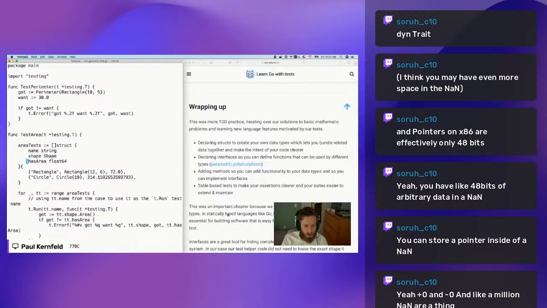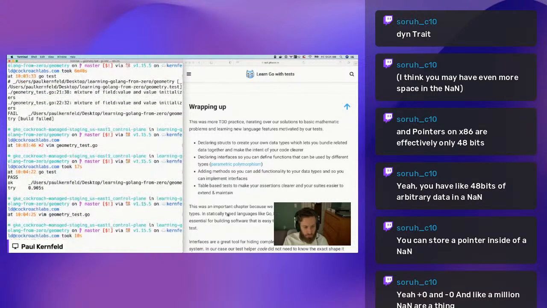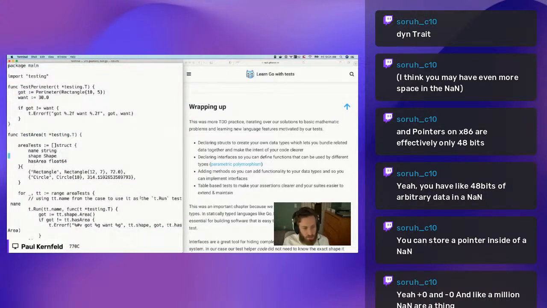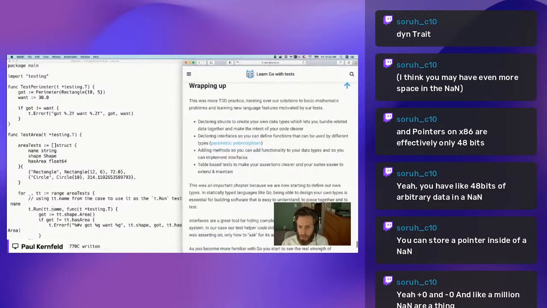One thing that I'm going to try is let's intentionally cause a test to fail so that we can see the nice printout that we got by naming each test. So now it prints out the value of the rectangle, and it says got 84, want 72. That's great. I love that. So that's a really nice tool for making our test output more readable. What we're doing is we're giving every test a name, and then we're calling t.run and specifying the name of the test. So it looks like we're about wrapped up with this